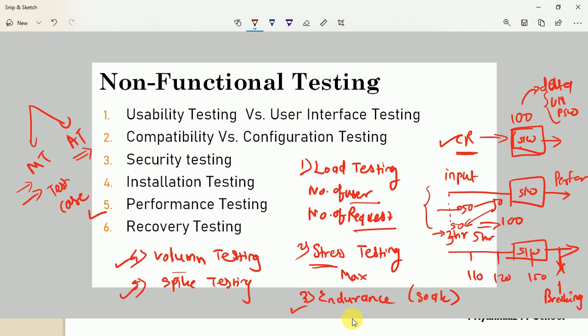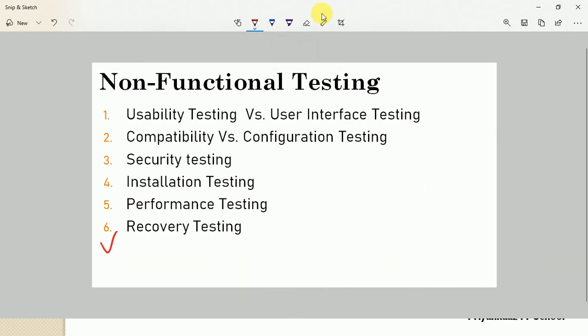Now, the next point is recovery testing. What is recovery testing? As the name suggests, recovery testing is a process of checking the capability of the software product to recover data quickly in a system failure, such as when the system crashes, or there is a hardware glitch, or some network problem.